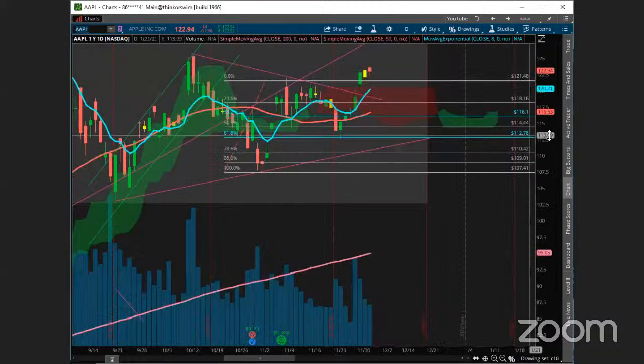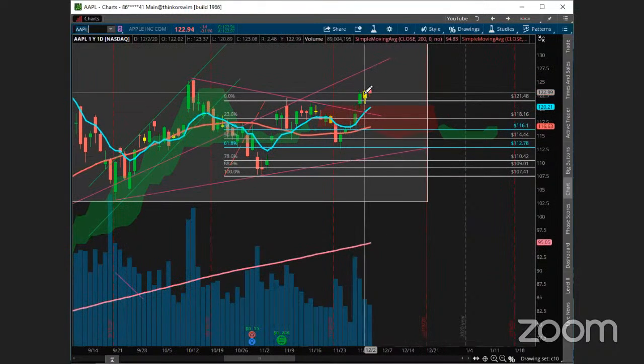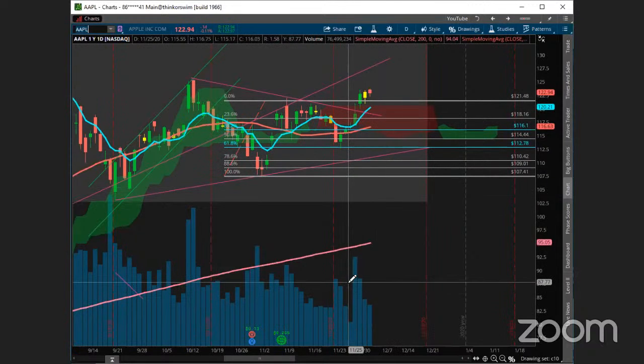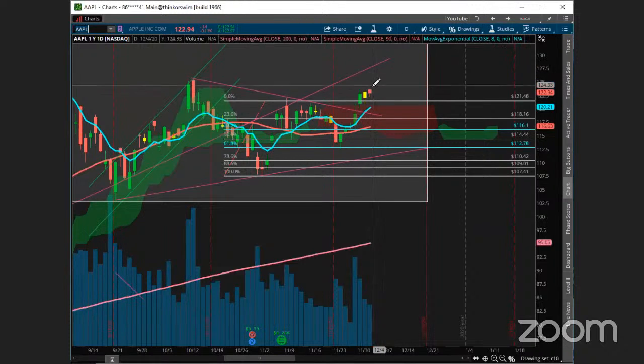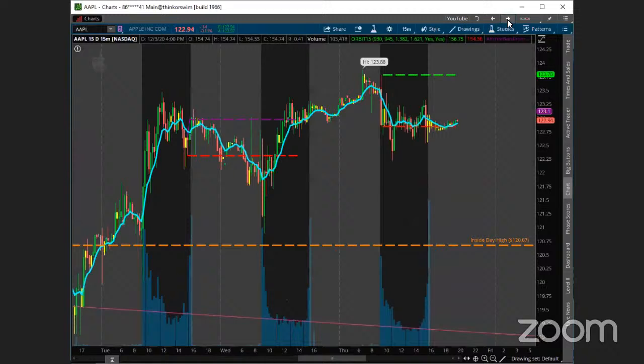Let's take a look at Rocky. Let's take a look at Apple. So Apple at the inside day, I was hoping for a little bit more strength on this one today because yesterday was kind of the first breakout candle. It was on lower volume, which is always annoying. And then it gave us the inside day, which is typically lower volume, which is fine. But the gap up over the inside day, I was hoping would just kind of retest the inside day and go, but it really ran out of steam, right? So it was just kind of a rough day.